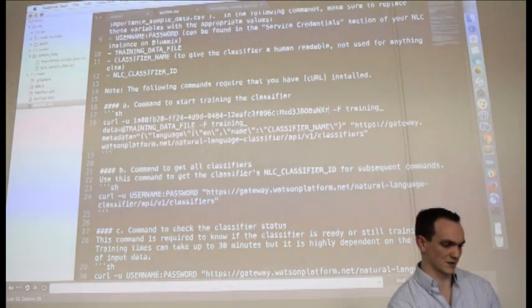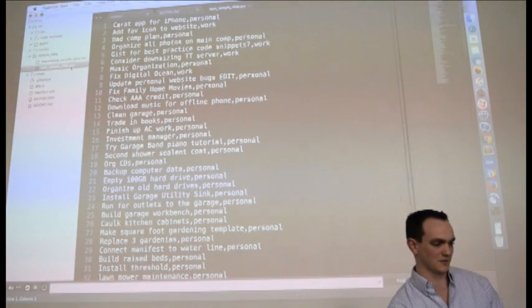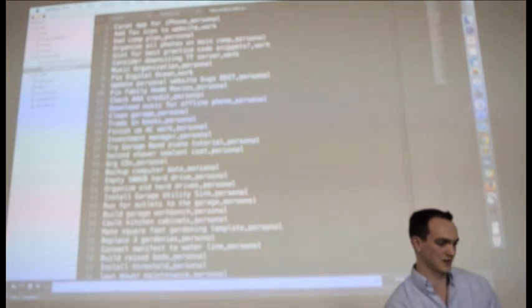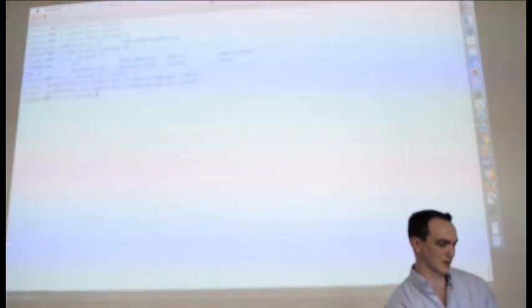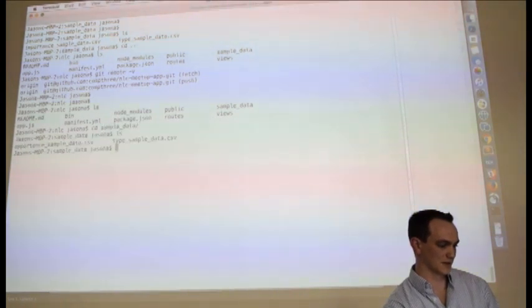So here we can provide the curl, our training set file. If you download the application again from GitHub, you can go into the sample data. You can see there's two here. Here's the type, sample data.csv, and then here's the importance one. So we'll run our curl command from the sample data directory so we can find our sample data.